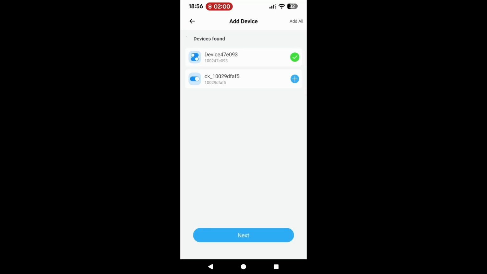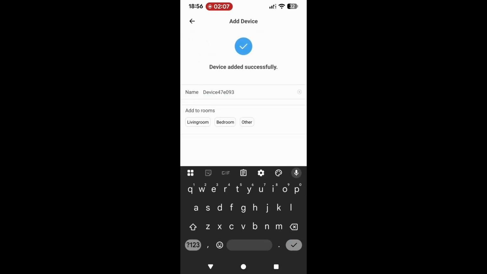Okay, and it added it. You see a green check. We're going to hit next. Okay, and now we want to label this device so it doesn't just show up as device whatever on your